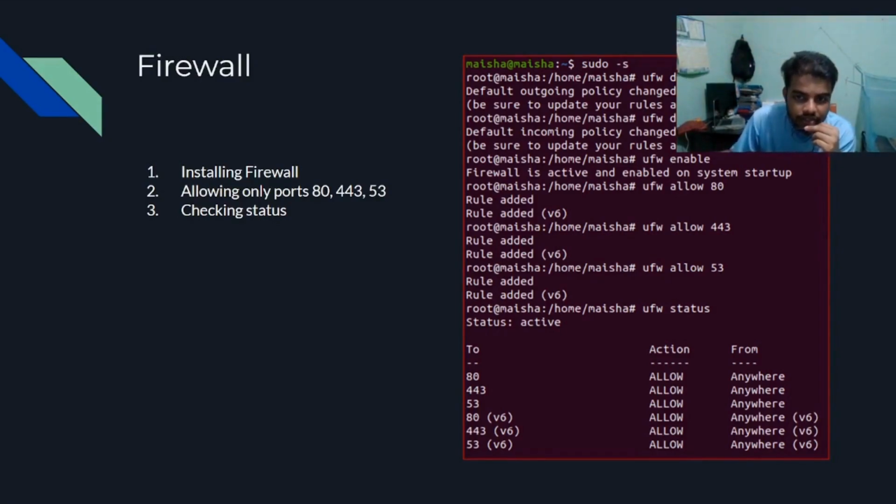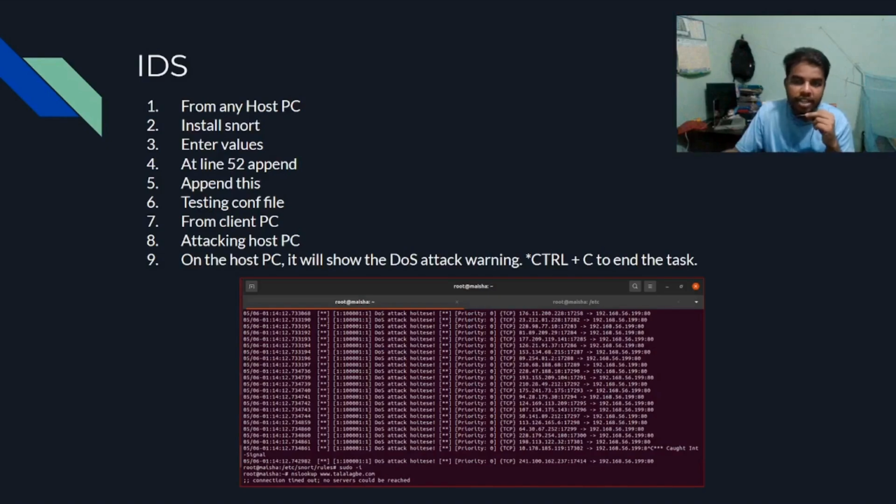Next one, checking firewall status. The command ufw status displays the status of the UFW firewall, showing which ports are allowed or blocked. Next part is IDS setup